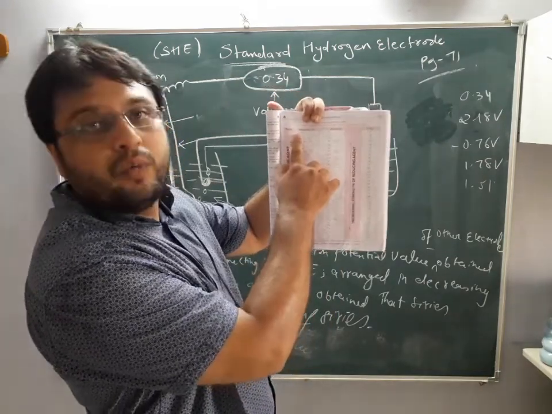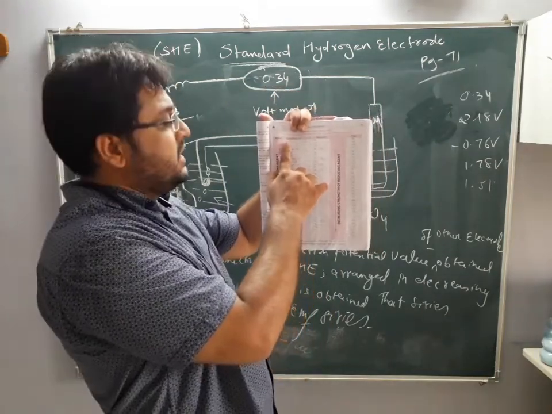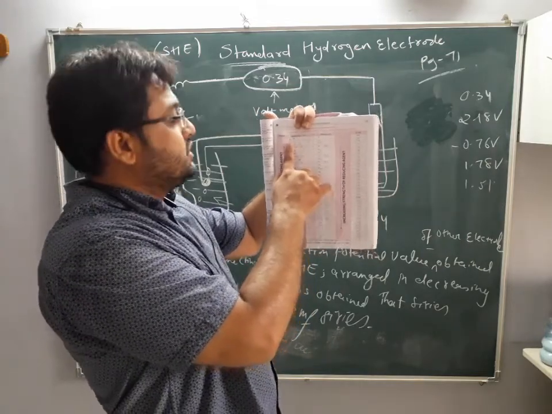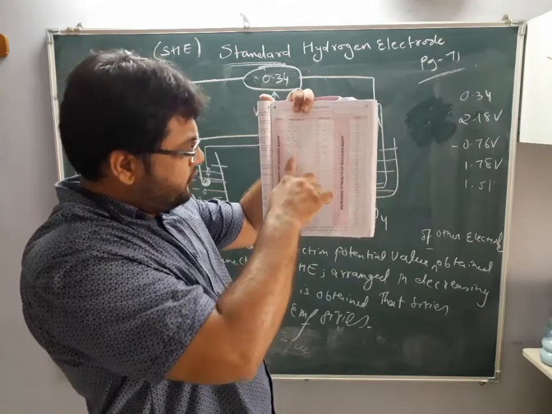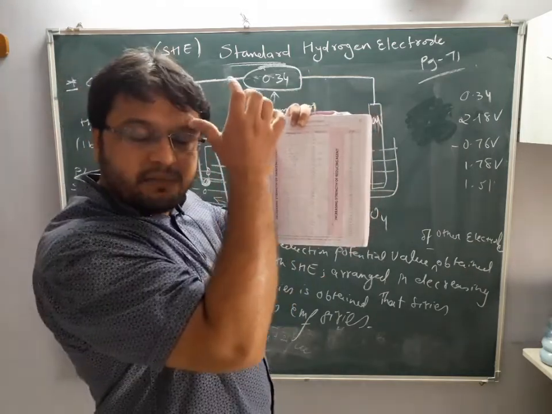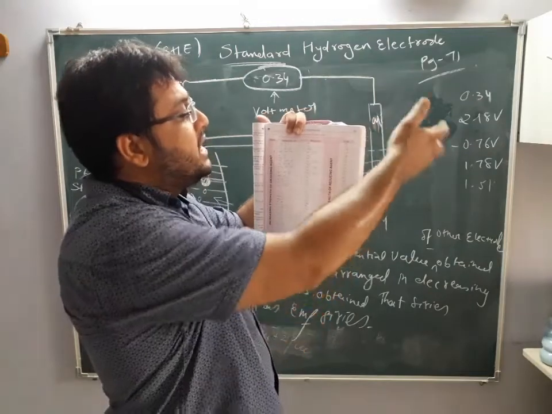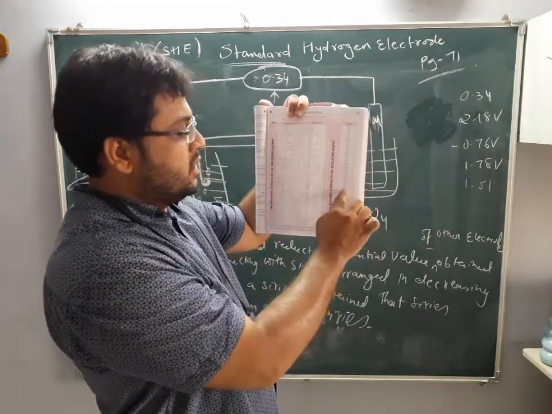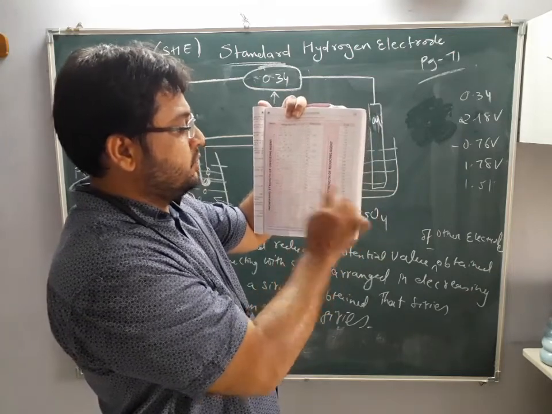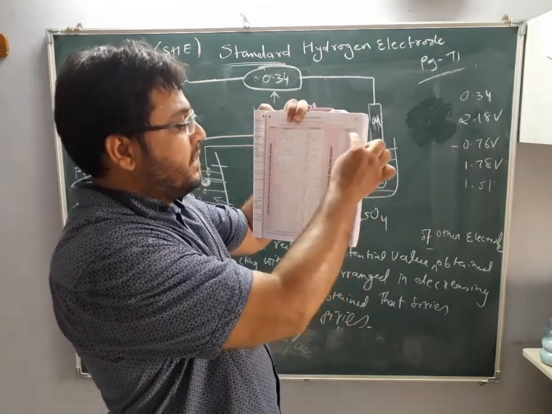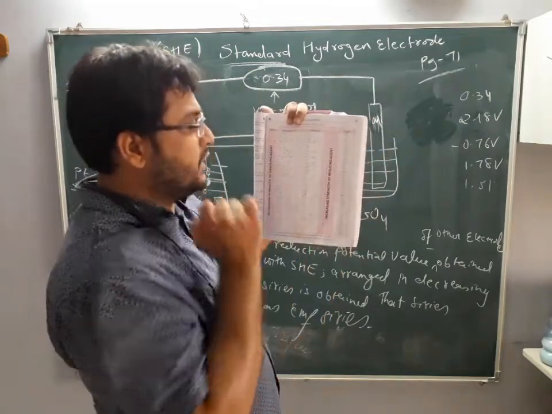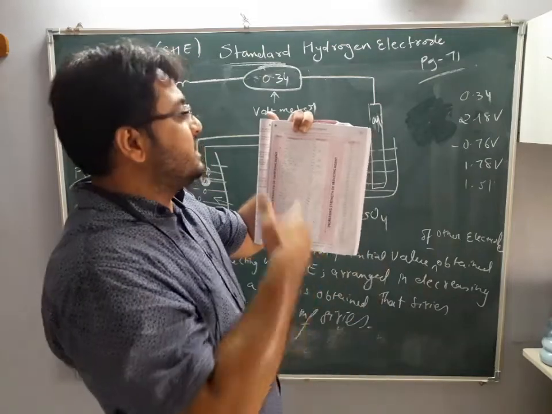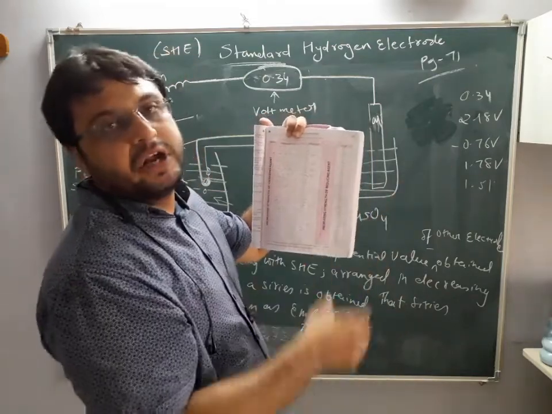So this fluorine will be one of the half cells with SHE. Then I have taken cobalt. This will also be one of the half cells compared to the SHE. Then I have taken H2O2. As I am taking a number of electrodes, I will get a number of reduction potential values. As you know, the SHE value is 0. You can see, the value for hydrogen is 0. Other electrode values are in comparison with 0, that is, with hydrogen. As I change the electrode, I will get a number of reduction potential values.